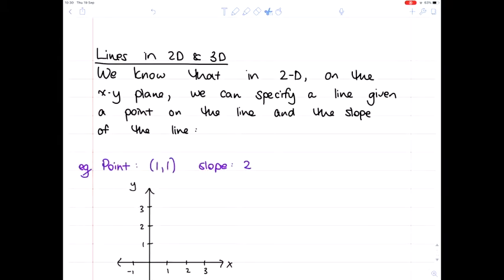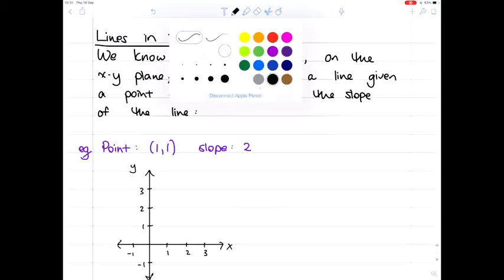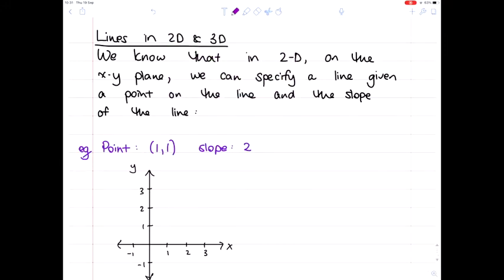So to start off, let's think about what we know about lines in 2 dimensions. If we have a line on the xy plane, we can specify it given a point and a slope. So for example, if we know that the point 1, 1 lies on our line and that it has a slope of 2, we can plot the point 1, 1, and the slope of 2 means that for every 1 unit in x, you need to go 2 units